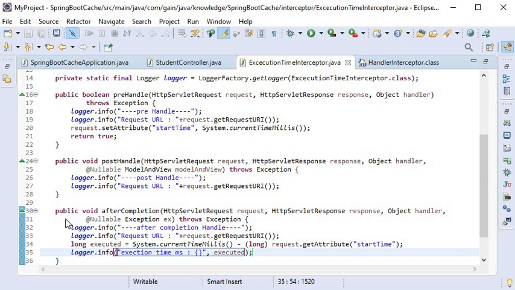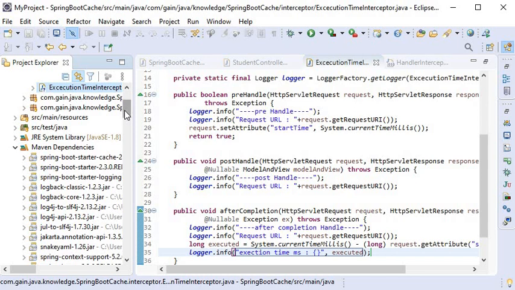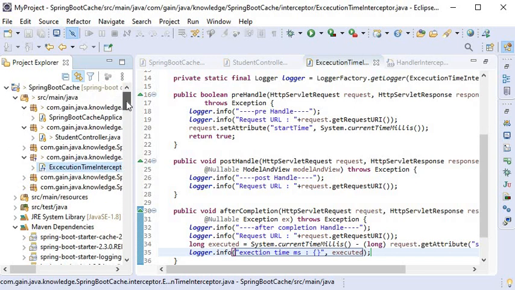Now what I need to do is register my interceptor in the interceptor registry, so Spring will understand.